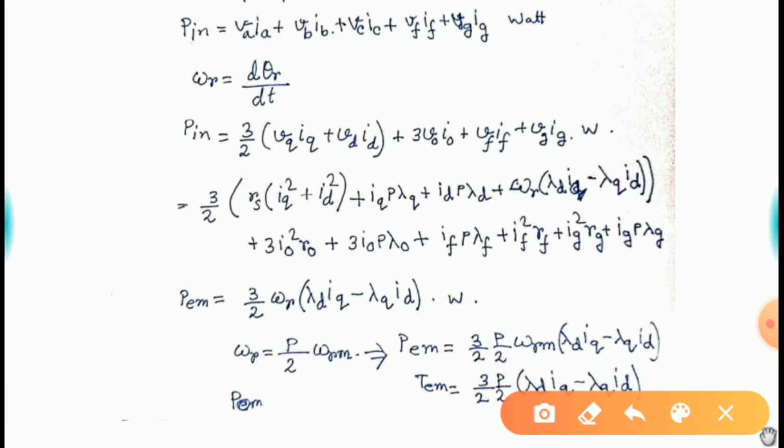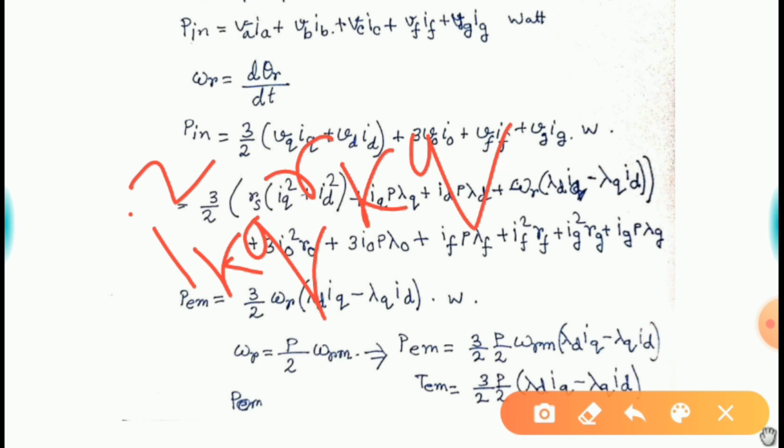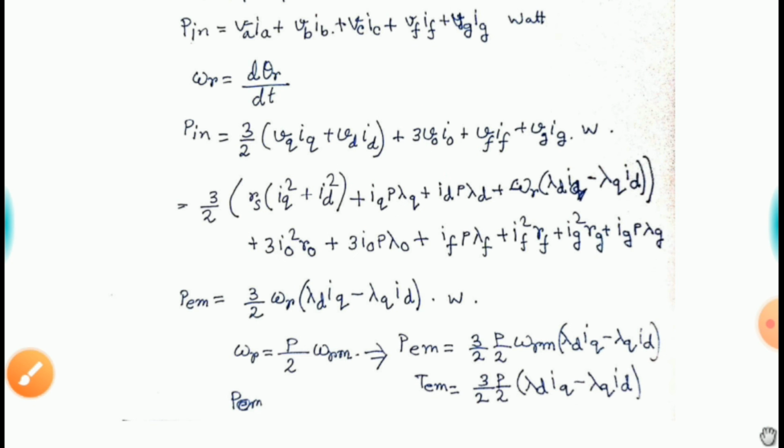now let me give you one small hint: who is supplying your I square RKQ, let me write the term, I square KQ RKQ, and also I square KD RKD? Who is supplying these two terms? The answer here is,